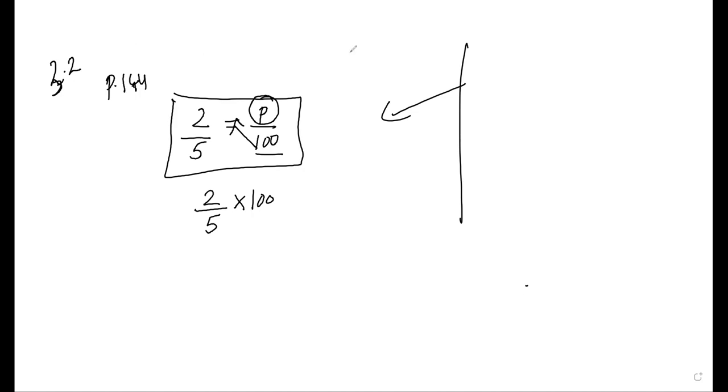Now, let us do 2 out of 5 times 100. 5 times 2. Your answer is 40%. In your book, you have 4 boxes like this. So what will you write in these boxes? You will write here 2. You will write here 5. P over 100. And next step,